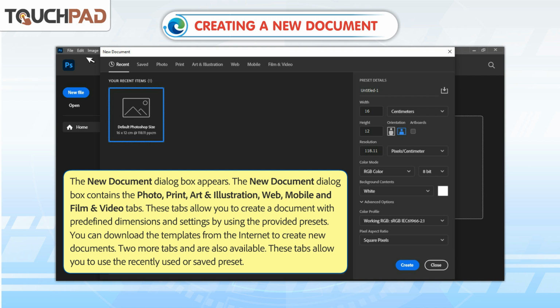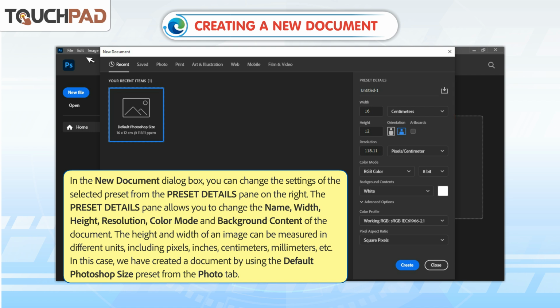2 more tabs are also available. These tabs allow you to use the recently used or saved preset. In the New Document dialog box, you can change the settings of the selected preset from the Preset Details pane on the right. The Preset Details pane allows you to change the name, width, height, resolution, color mode and background